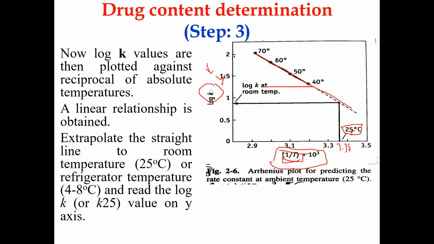Now let us say I have a graph of a straight line which says about 70 degrees, 60 degrees, 50 degrees, and so on. At 70 degrees, let us say 2 mg is degrading. Now I want to predict, if I am using room temperature, that is 25 degrees centigrade, how much degradation is happening. What you can do is extrapolate the line to room temperature and predict the unknown value. That is nothing but around 0.8 mg degrading.